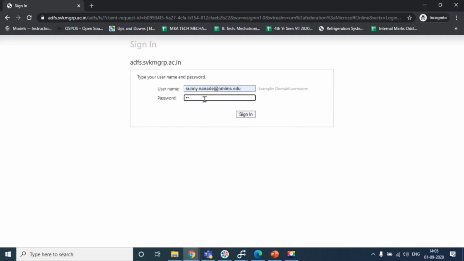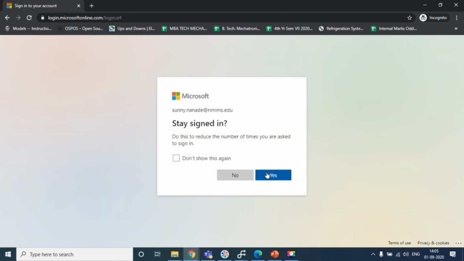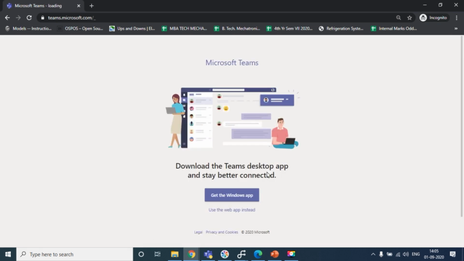It will be asking you for the current password, and it will again ask you to change the password. So I request everyone, please keep the new password in mind.